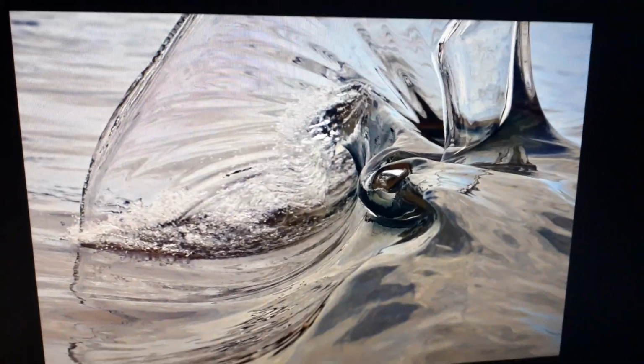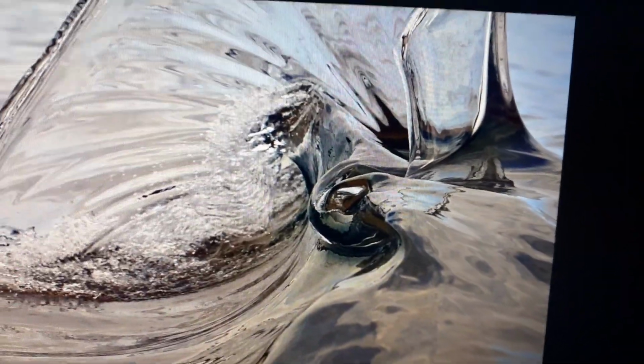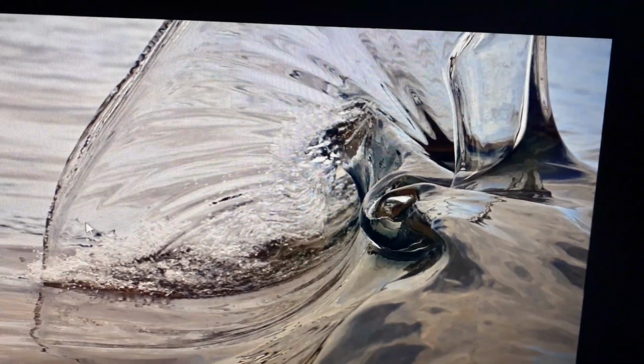But light focusing through water is another thing. Because of the curve of the glass, it makes that focus line and all that kind of thing. And obviously water is constantly changing shape, isn't it? It's an interesting one. It looks like a leaf.